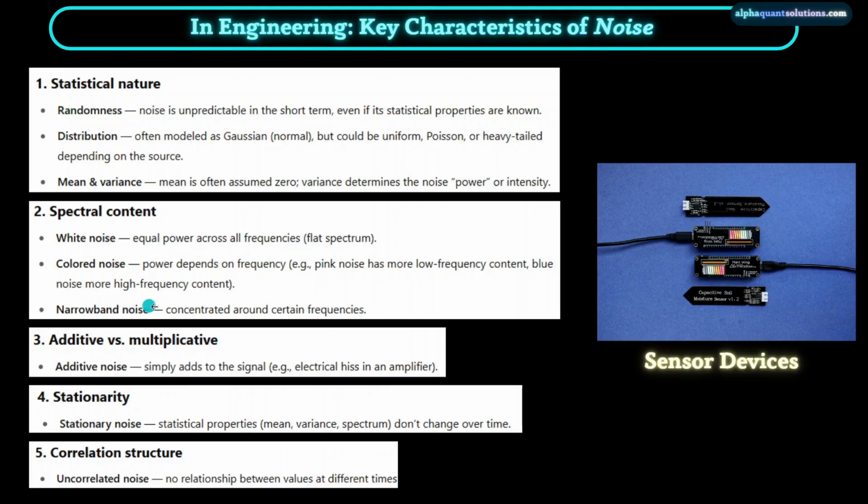Or it is narrowband noise, where it means that actually the noise is concentrated around certain frequencies. And so it really depends on the applications here. For instance, when we deal with robotics or aeroplanes or aerospace applications, then often we assume white noise when we deal with sensors like accelerometers, and when we also want to use Kalman filters, where we model the noise of